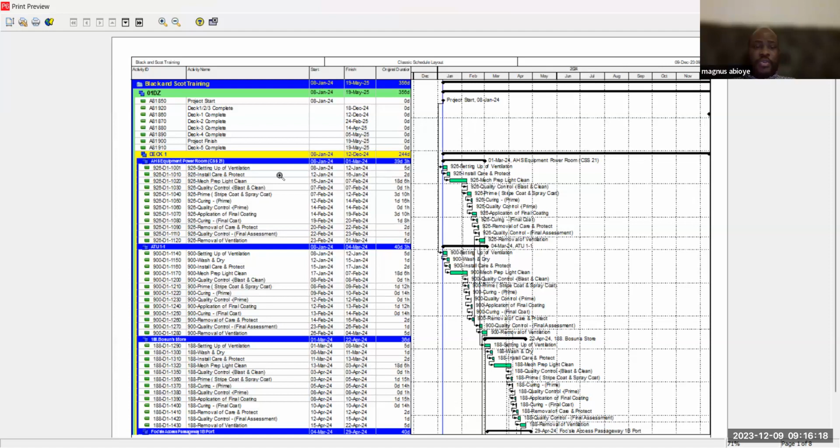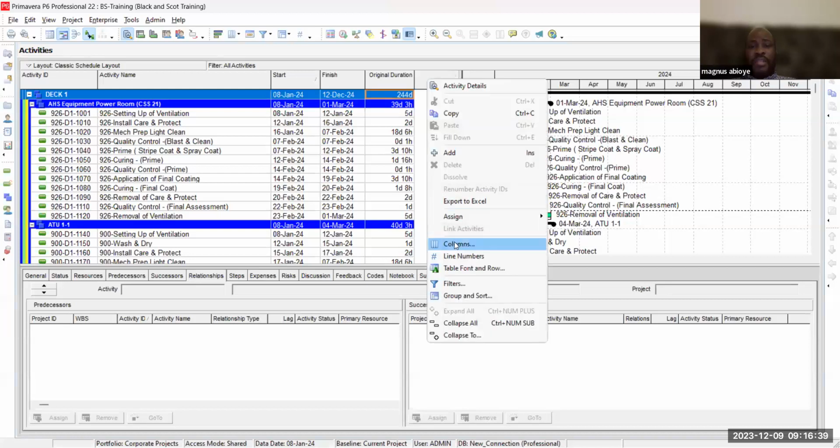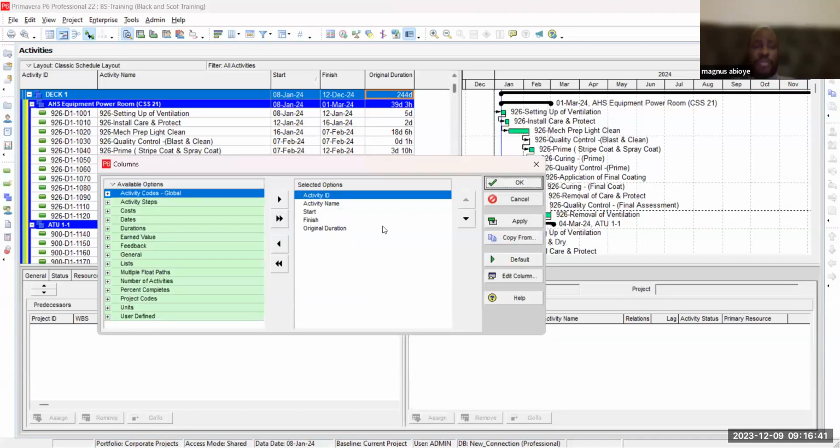Then the next question I need to ask is, am I happy? If I'm happy that the pages are now appearing, which is good, the next question I need to ask myself is, am I happy with the content? If I needed more information in the content, then I need to go and say, okay, I want to add the cost. I want them to see the cost. I want them to see the hours. So let me go into